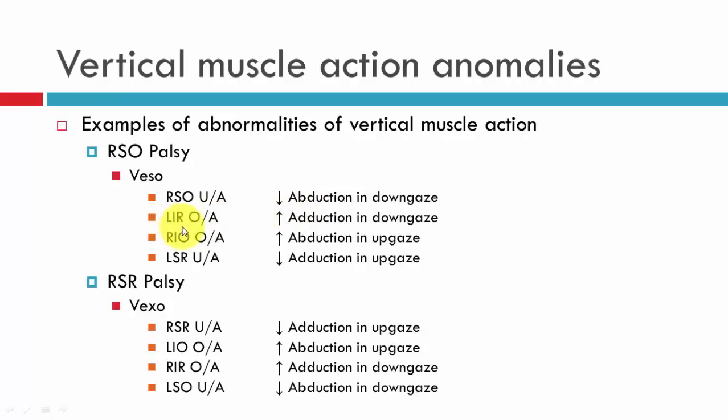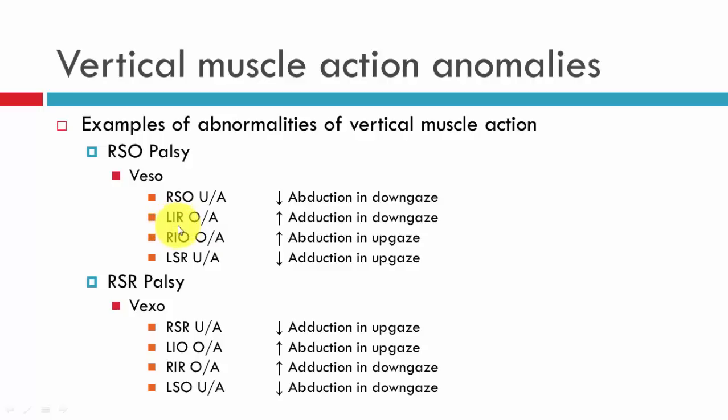Okay, its contralateral synergist is the left inferior rectus, and due to the muscle sequelae, we're expecting an overaction. Now, the inferior rectus is an adductor and it works in downgaze. So we're expecting an increase in adduction in downgaze. Now again, this will mean an increase in the ESO deviation in downgaze. So this pair here, the right superior oblique and the left inferior rectus, are contributing to the ESO becoming larger